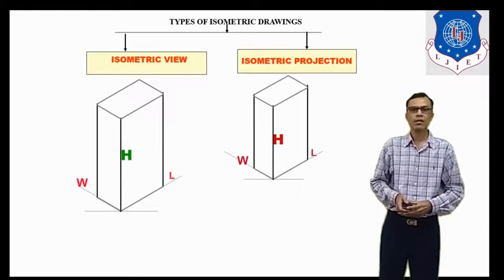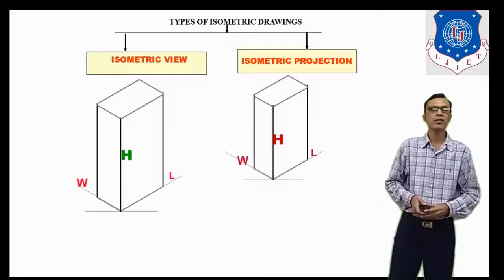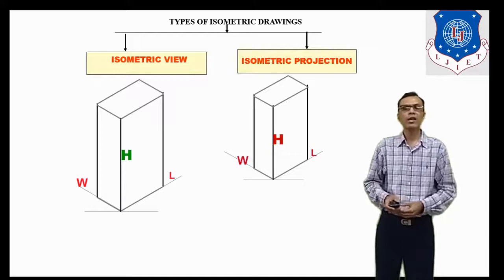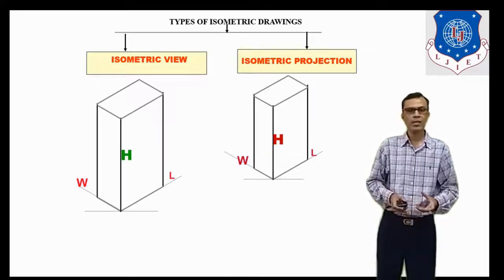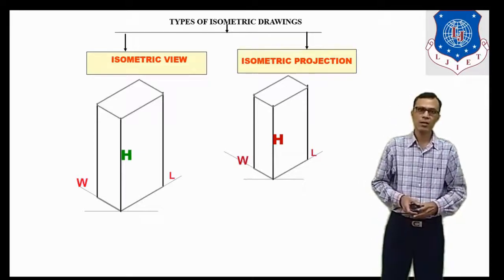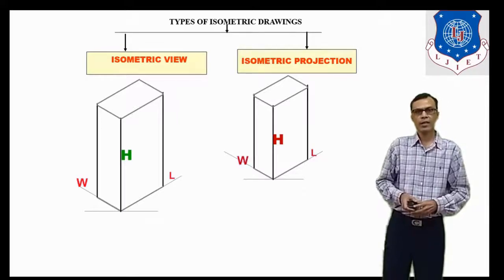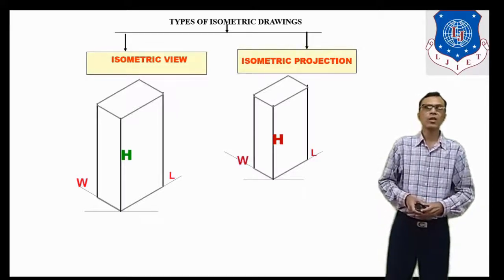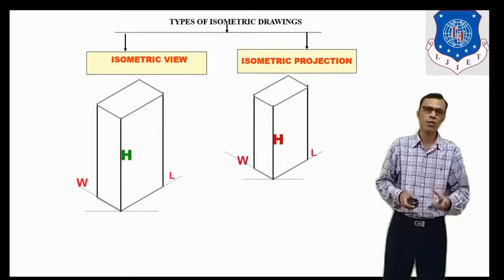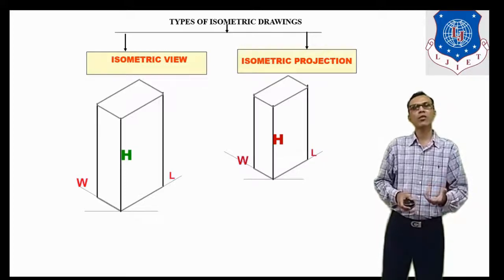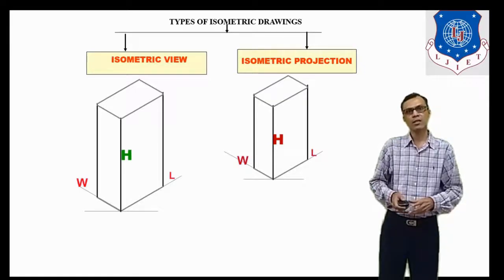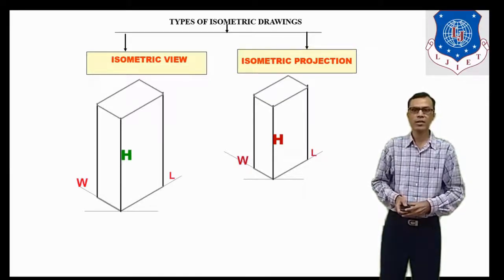So now next chapter in your syllabus is isometric drawing. In isometric drawing you have to study two types, isometric view and isometric projection. As compared to isometric view, isometric projection has reduced dimension by 0.816 times. This chapter is useful for the persons who are technically not trained to have the concept of how this product will look like. For that, isometric drawing is very useful as it is three-dimensional drawing. So one can have the idea about shape and size of the product.